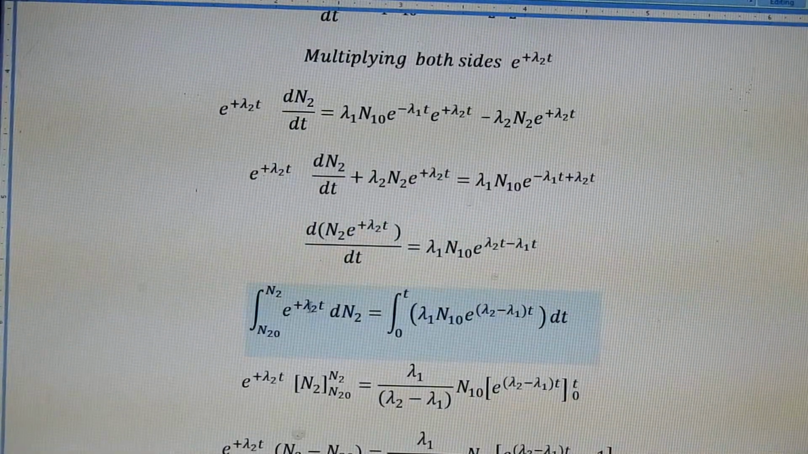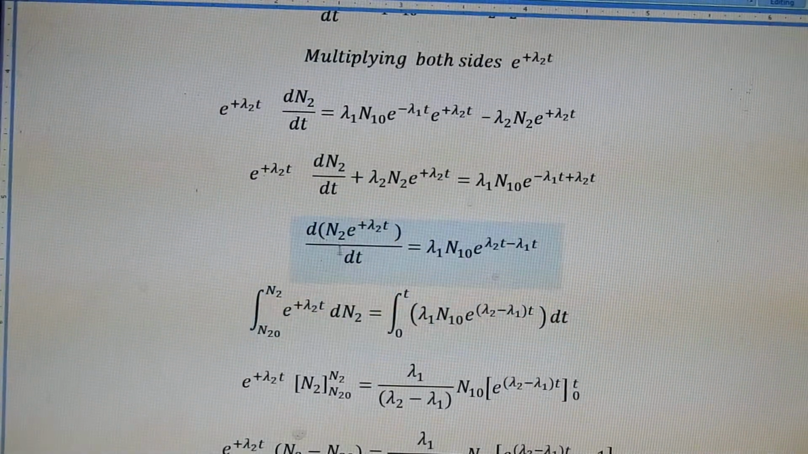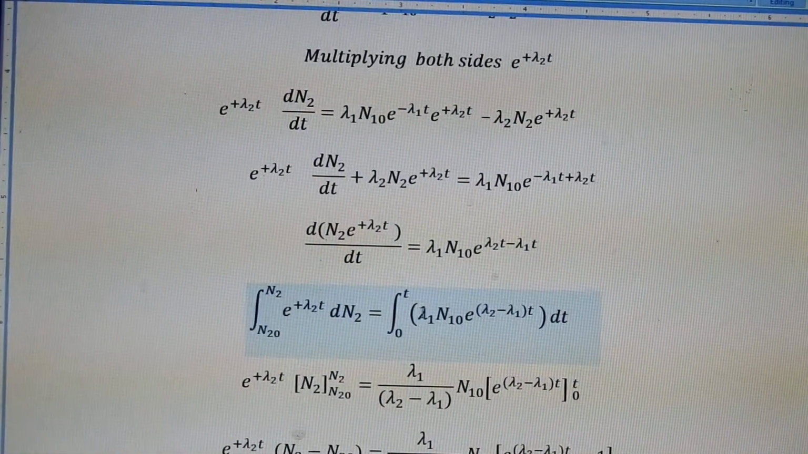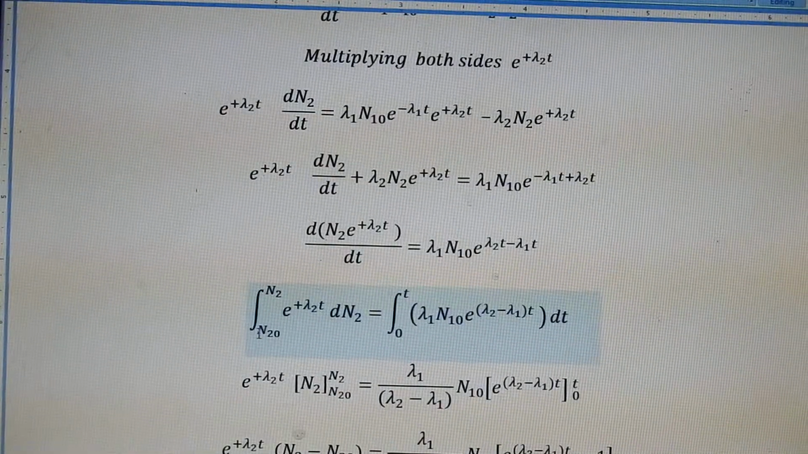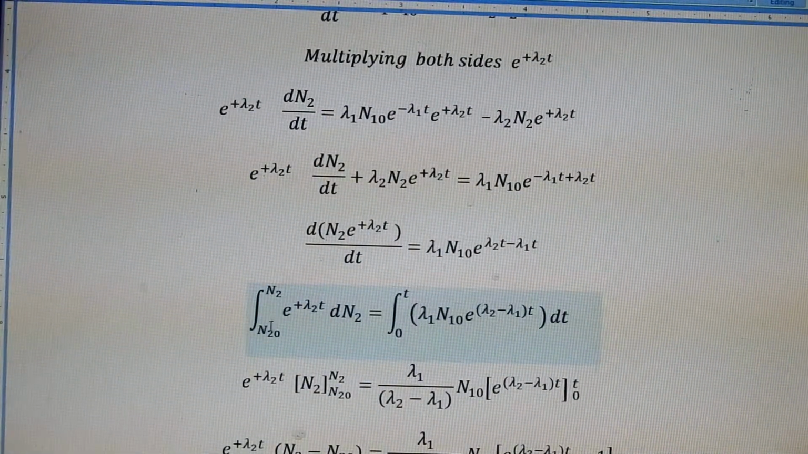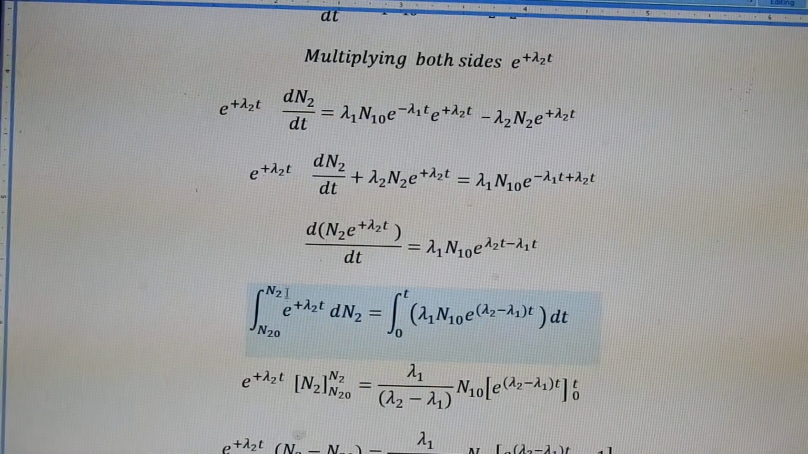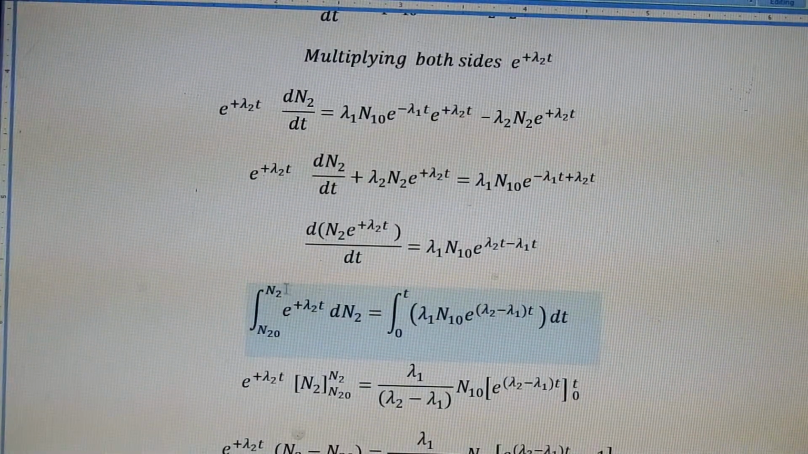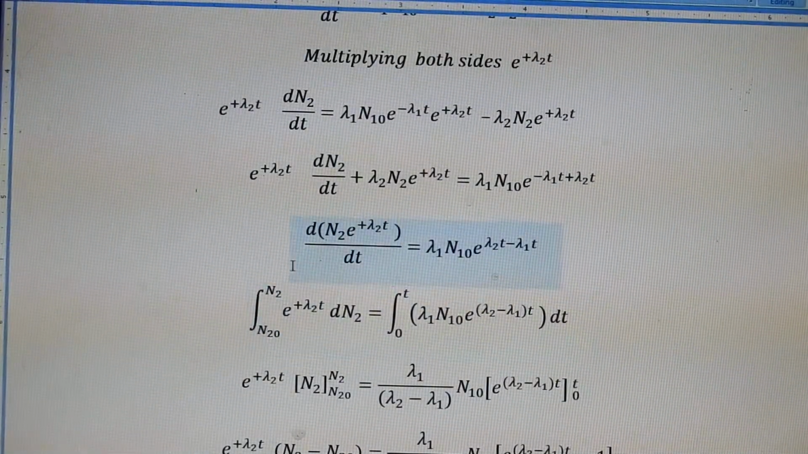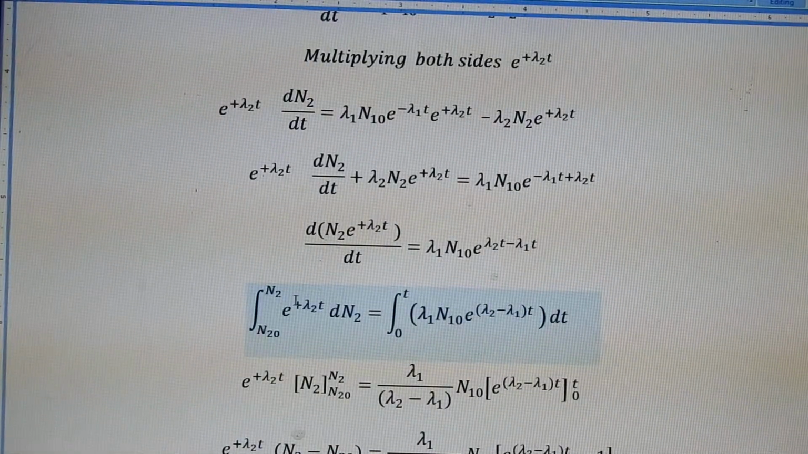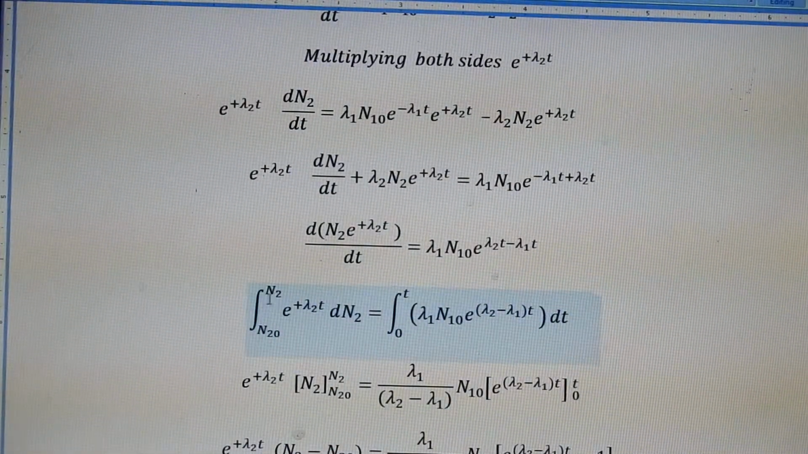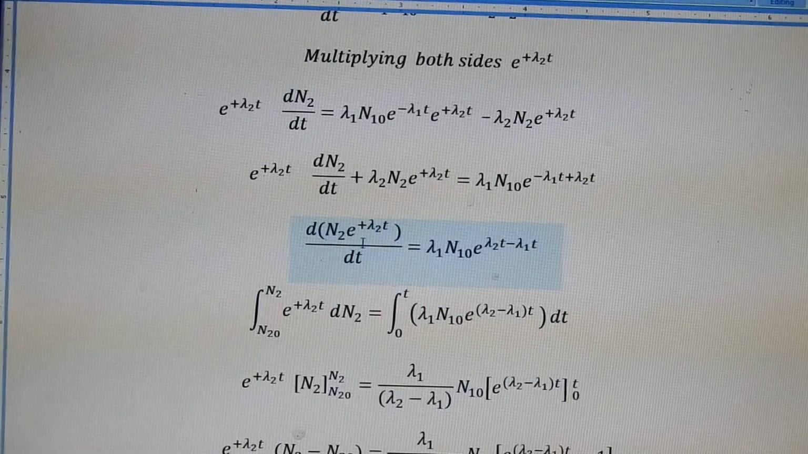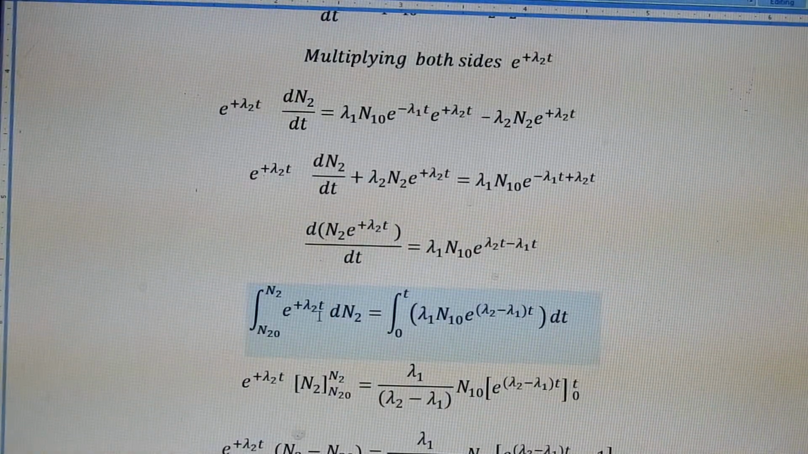So e^(λ2 t), and dN2 is the integral value, so dN2 I can write. The integration limits are N2₀ to N2, because starting from N2₀ to N2 values it is happening. So at the starting time the number of nuclei is N2₀ only, later the maximum number becomes N2. So minimum to maximum number of secondary nuclei, N2. So that is the value. So dN2 e^(λ2 t)